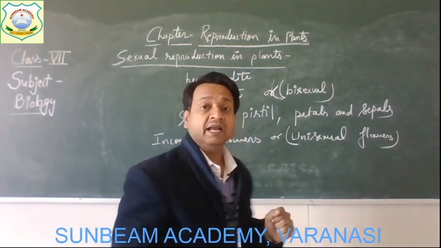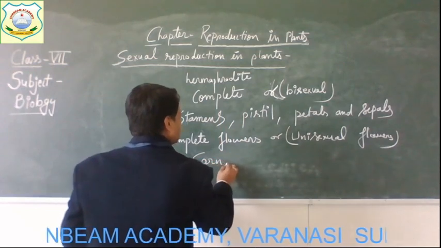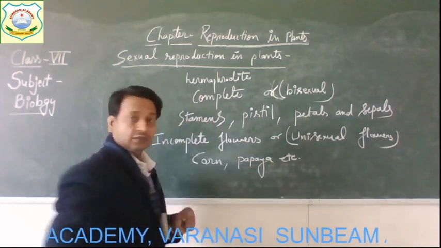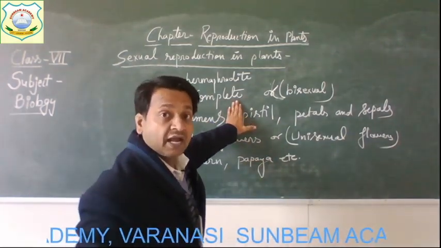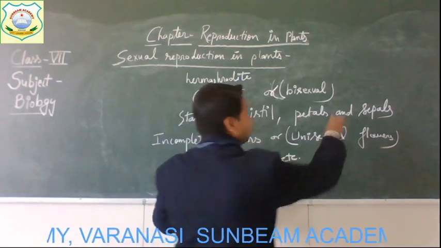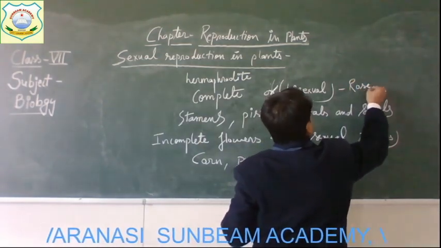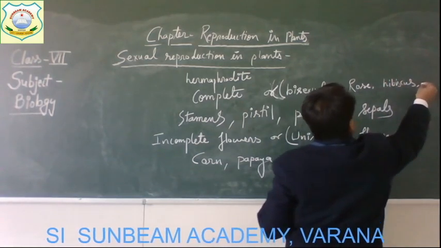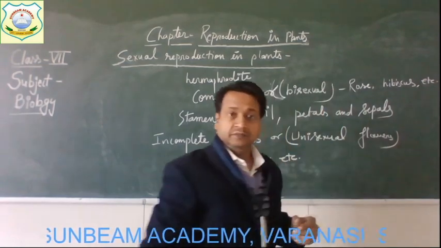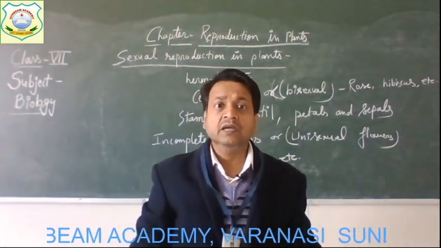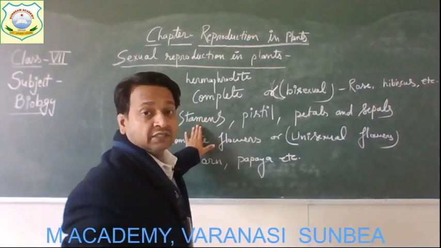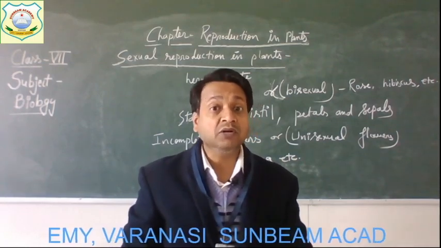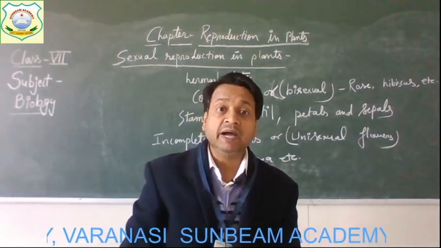Clear? The examples are corn, papaya, etc. And the examples of complete flowers, that is bisexual flowers, are rose, hibiscus, etc. Now, the stamens produce pollen grains, a yellow colored powdery substance produced by the stamens,